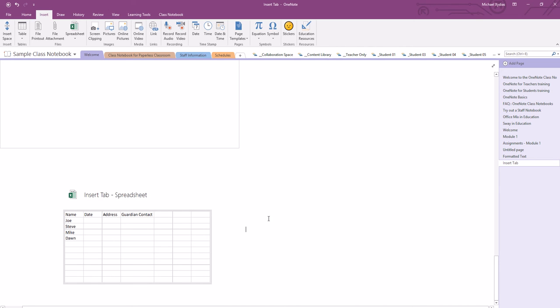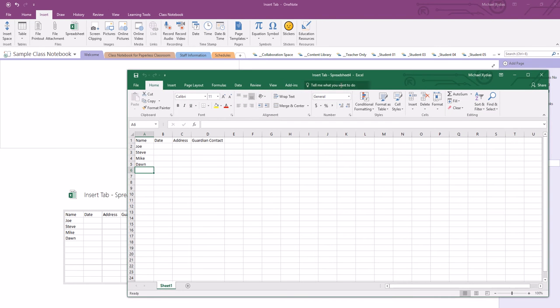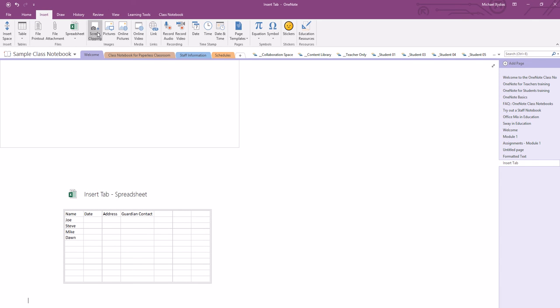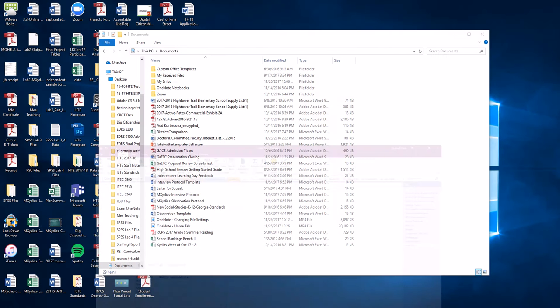Really cool. As I said, you could take an existing spreadsheet that you have and put it in here, and then again just double click on this. It opens up the spreadsheet and you're able to manipulate that spreadsheet. It will update. Pretty cool stuff. Go down a little further. Now I want to take a screen clipping. So screen clipping